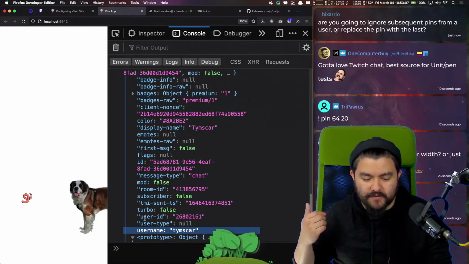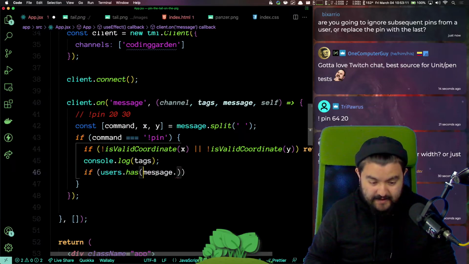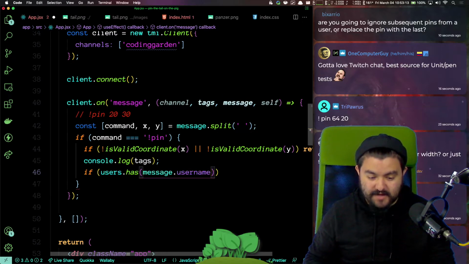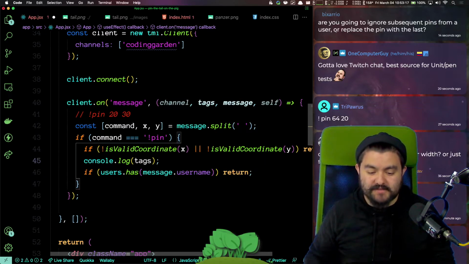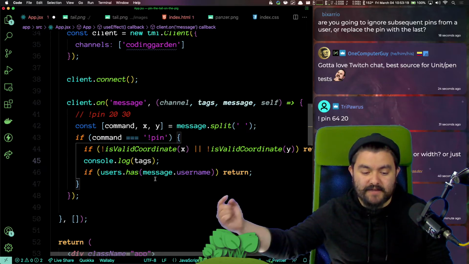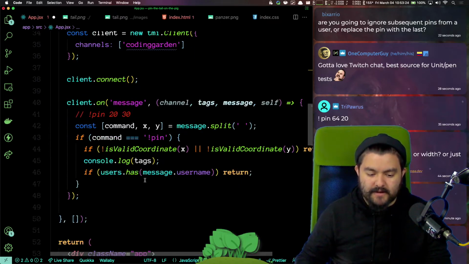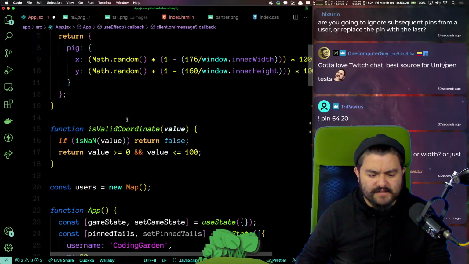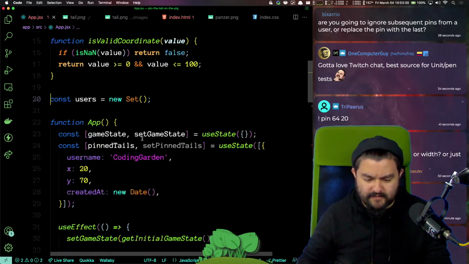And first we'll use username on the object. So we'll say if users has message.username, you're done. We don't want to do this again, because if you have already pinned something, we're going to put it into the map. Actually, this doesn't have to be a map. This could be a set, because a set will automatically have unique values.